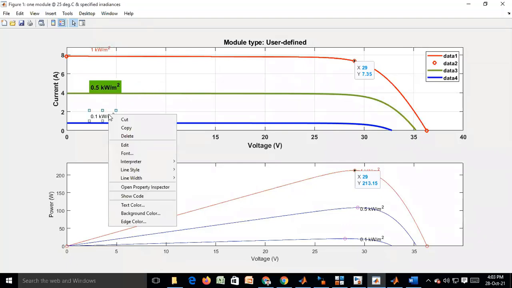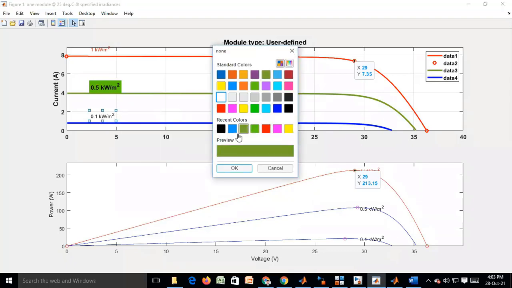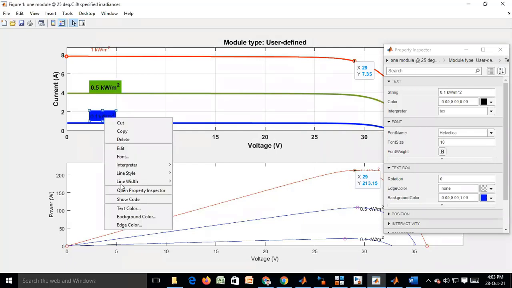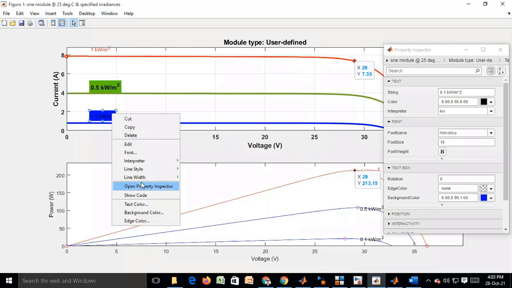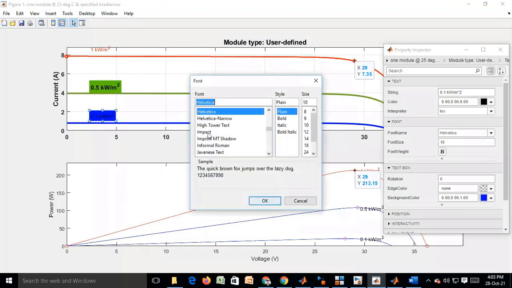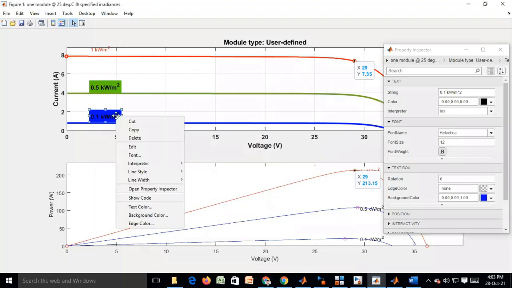In the same way, here the background can be kept blue, and the text color can be considered maybe white or black, and the font can be increased. If it is not visible.